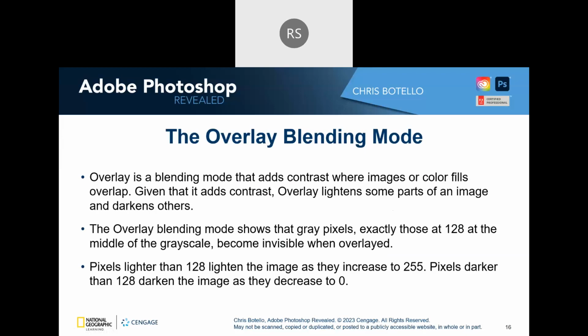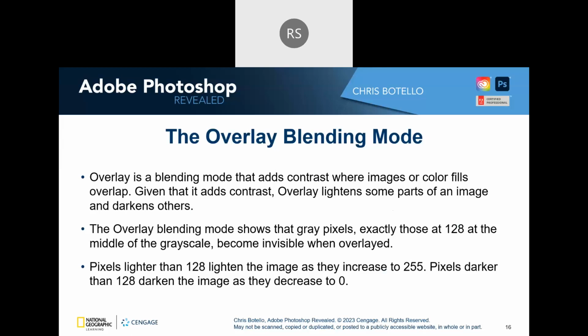The overlay blending mode adds contrast where images and color fields are overlapped. Because it adds contrast, overlay lightens some parts of an image and darkens others. So the overlay blending mode shows that the gray pixels, especially those that are 128, at the middle of the grayscale,